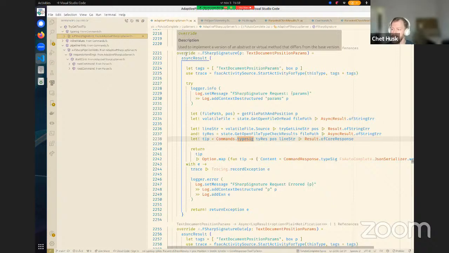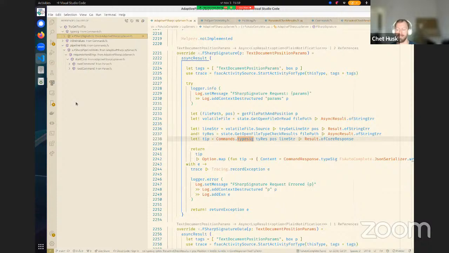So when you did the hover one, you were changing the implementation of a method that is defined in the LSP protocol, the language server protocol. And the type signature for that return value is an optional structure of some content, right? And we represent the option with none. These methods that are using typesig or inline values or pipeline hints are not protocol messages. These are custom extensions that use JSON RPC and are structurally declared the same as